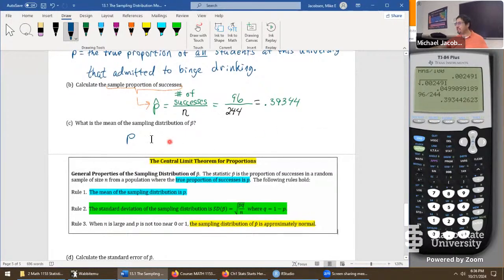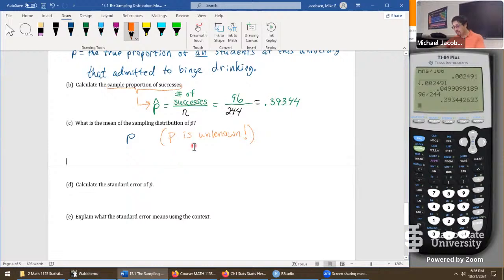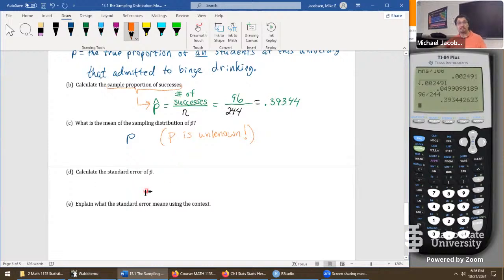Just trying to find where I might have said that. I don't think I said that on this page here. But because P is unknown, this is all we can say. If the true mean is P, let's say here, P is unknown. Despite it being unknown, we can still estimate it with a confidence interval. The way we do that is we've got to calculate the standard error. That's one thing that we can calculate.